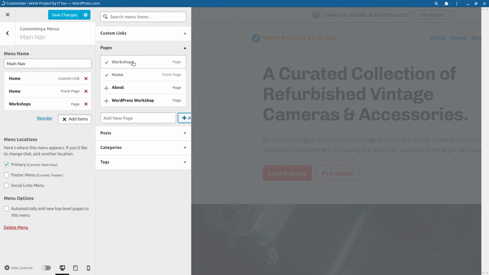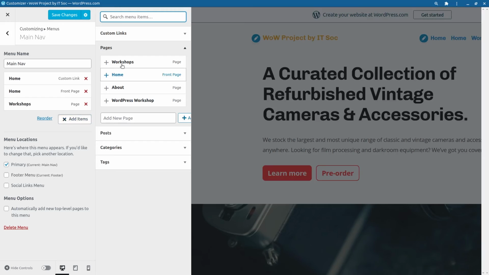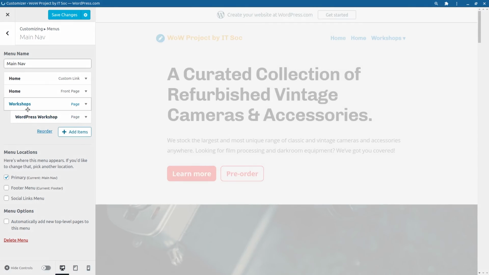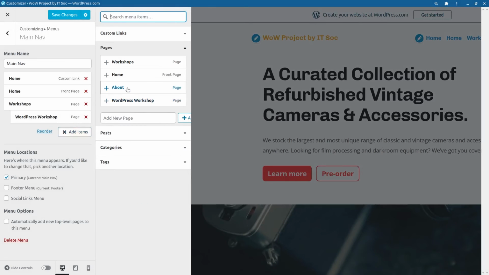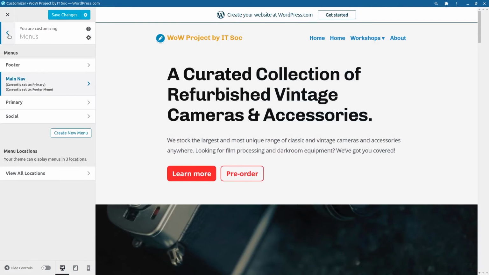Alright, so for this one, WordPress workshop, I will add a new page under workshops, and then for the WordPress workshop, so this is how you create sub navigation. You drag it and you move it inwards, then it will be like this.